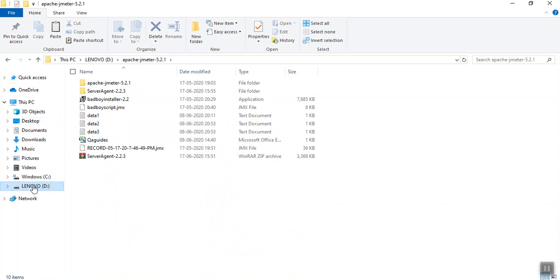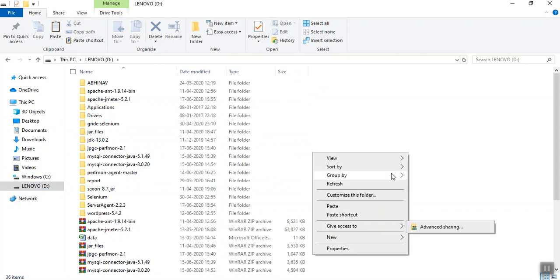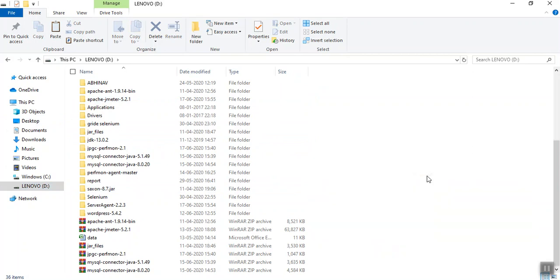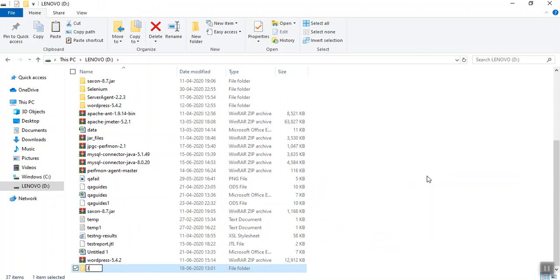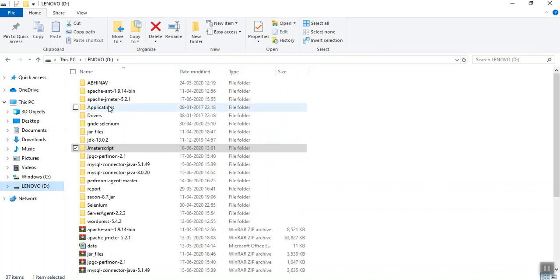Let me put it in the drive, JMeter scripts. Okay, open it, take this path. Now go to your bin folder, that extra folder of JMeter.